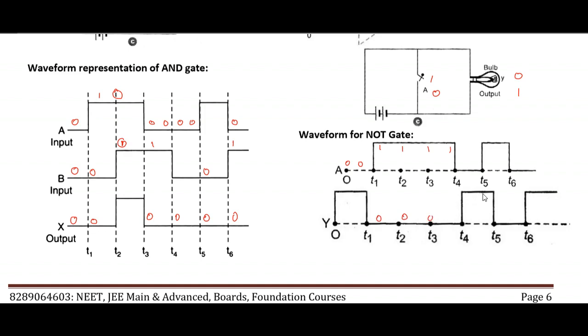Again I will repeat that NOT gate just reverses the input, and here input becomes 0. At this point input becomes 0, so output is expected to be 1 in this region, and here it again becomes 1, and there is a bit of misalignment. Here it again becomes 1, and then it becomes 0. Simple logic: if input is 1, then the output will be 0. Here input becomes 0, and there is a bit of mismatch between T5 and T6. You can just correlate these like this. So now we have done with the